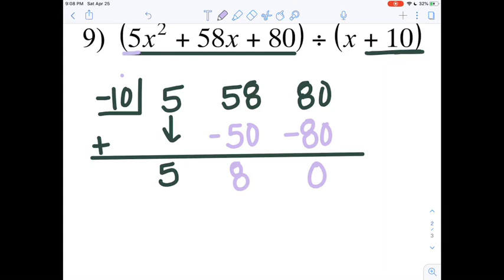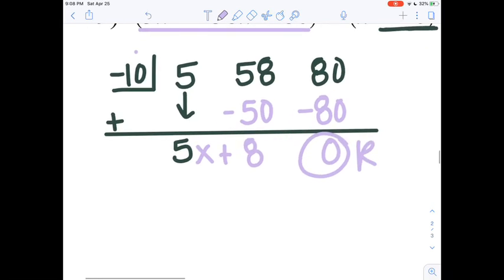So if you look at originally what is in here, see how it's dividing with an x squared? So your answer is always going to start with 1 degree lower than that. So my answer, instead of starting with an x squared, it's going to start with an x, and you're just going to go down the line. So it's going to go x, and then after x is usually something without a variable, so it's 5x, and the last number is always your remainder, and in this case the remainder is 0,